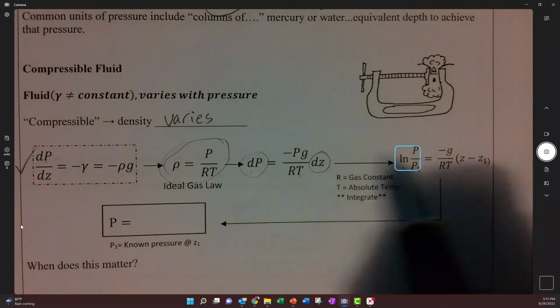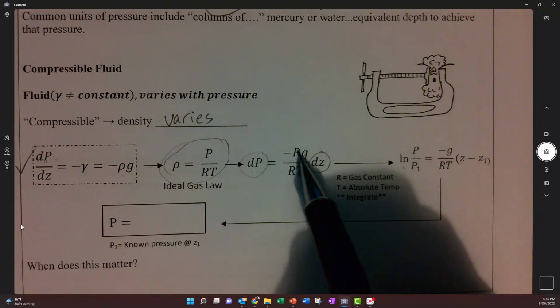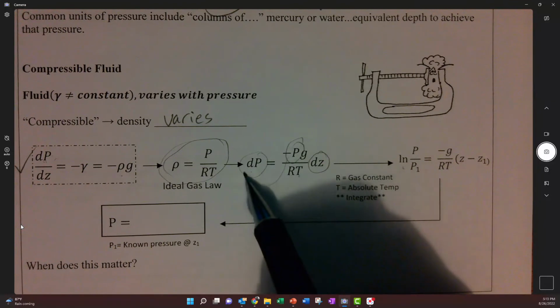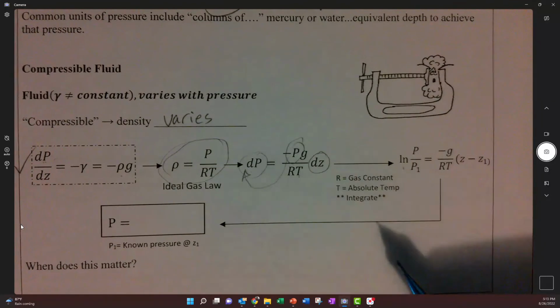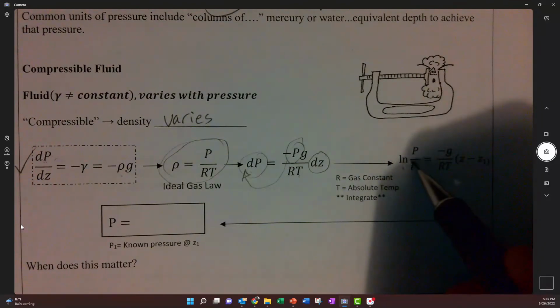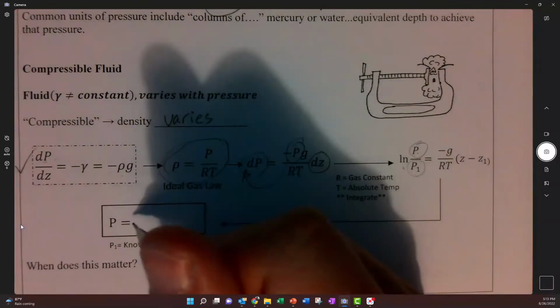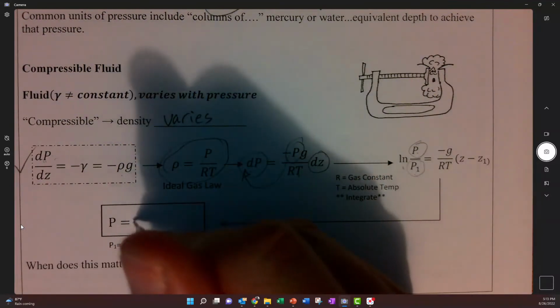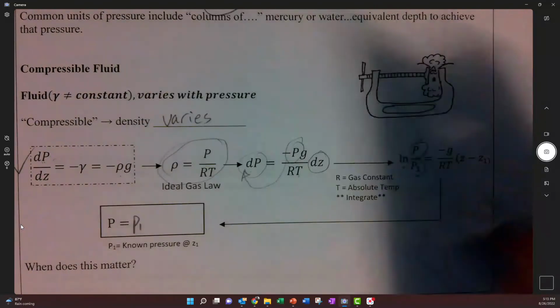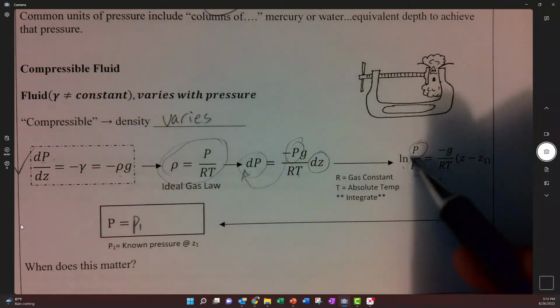so when we would flip this thing around, we'd have to take this pressure and bring it onto the other side to be able to do that integration. Therefore, we get a natural log. And so here's the pressure at a particular point, and here's a reference pressure that you would put in here. So if you want to find the pressure where P1 is a known pressure,